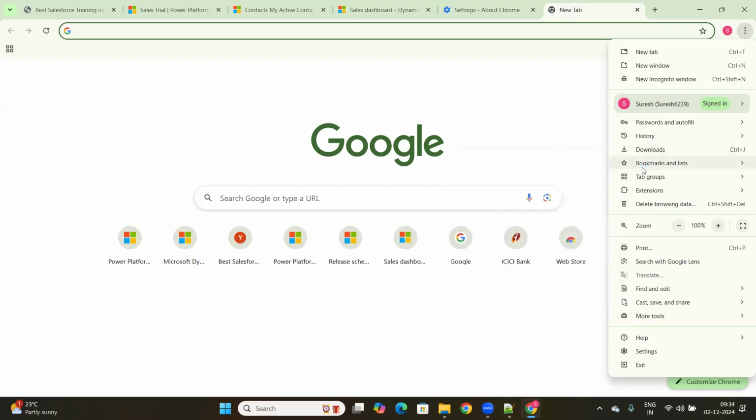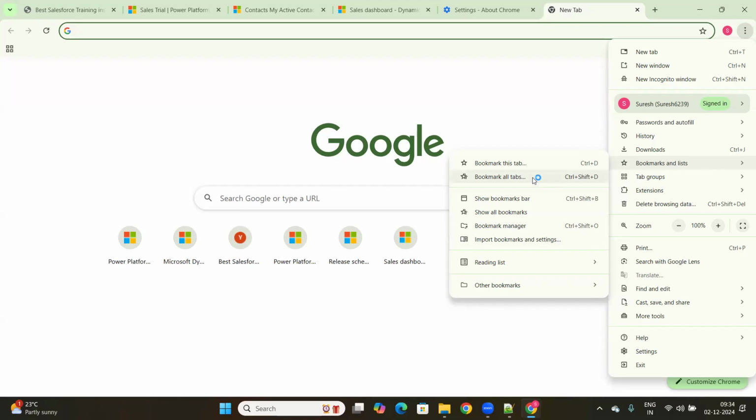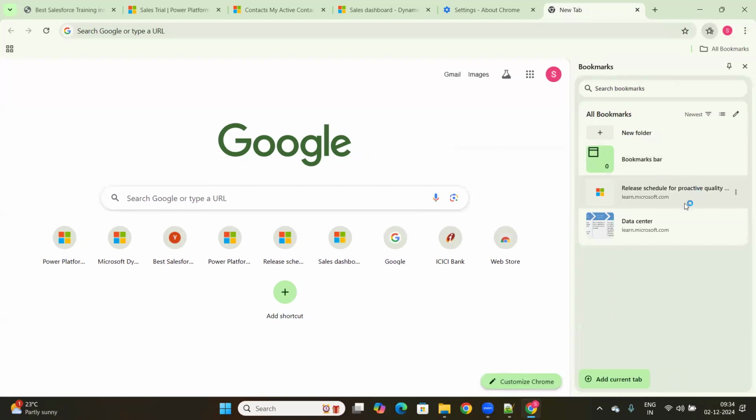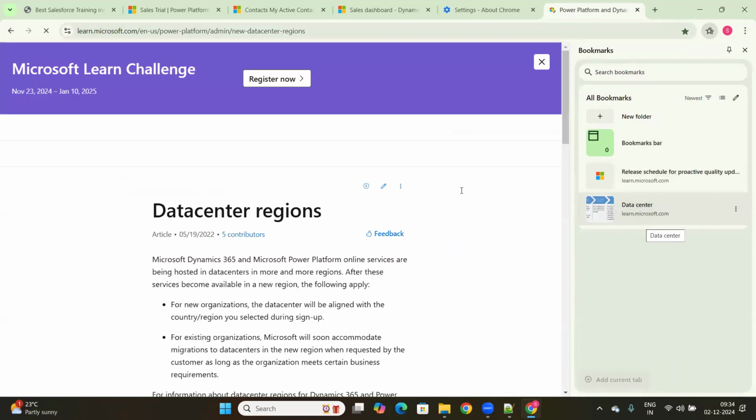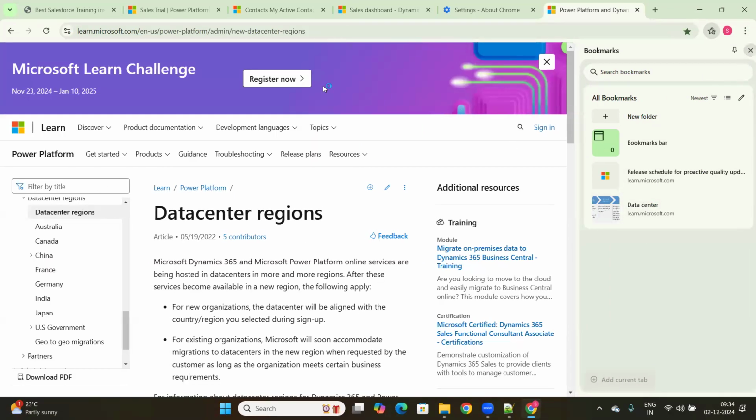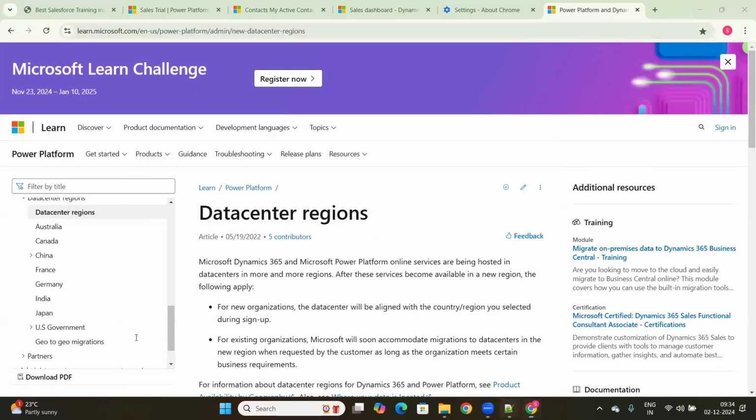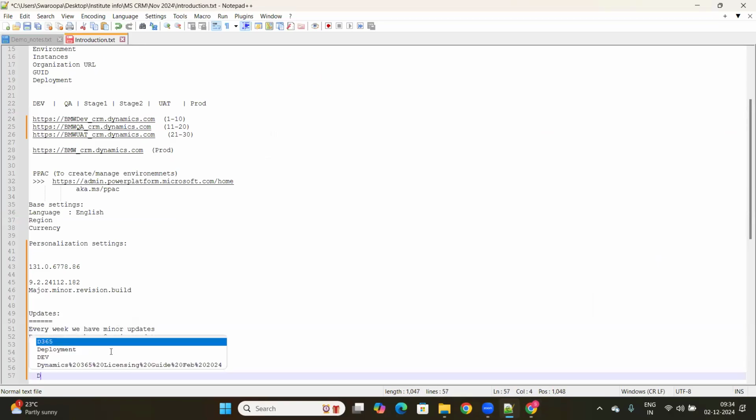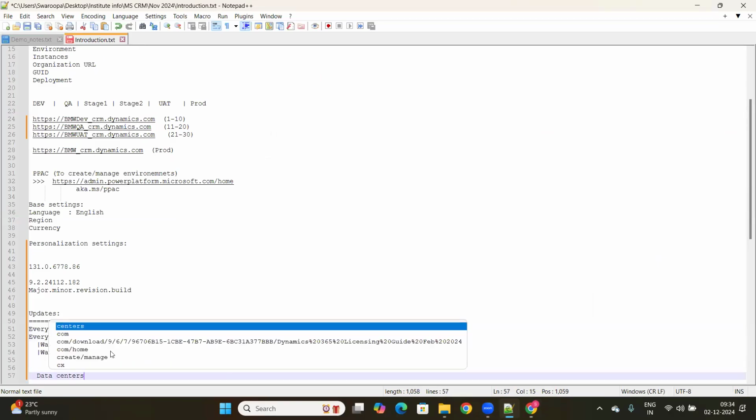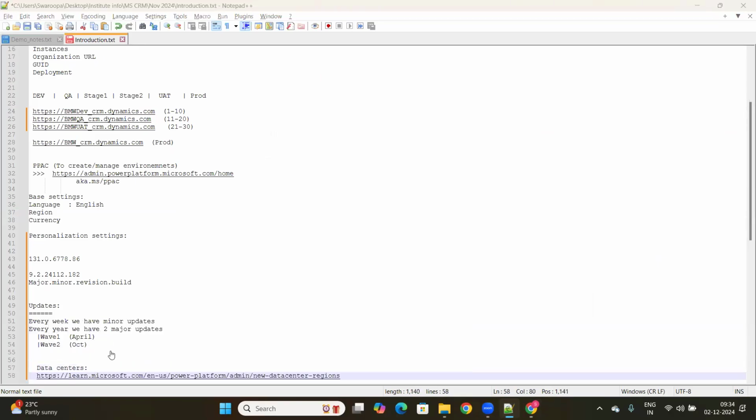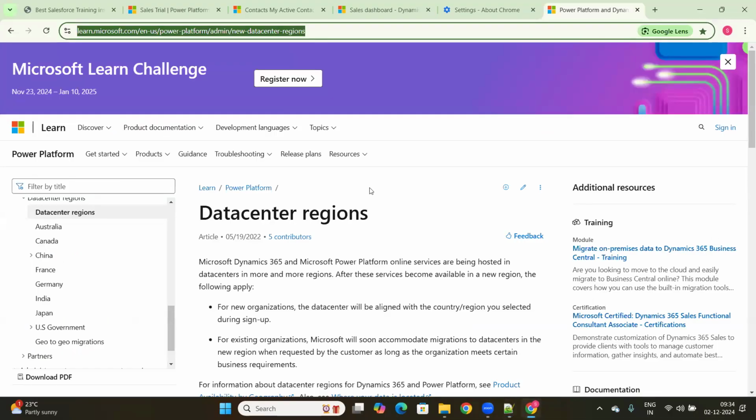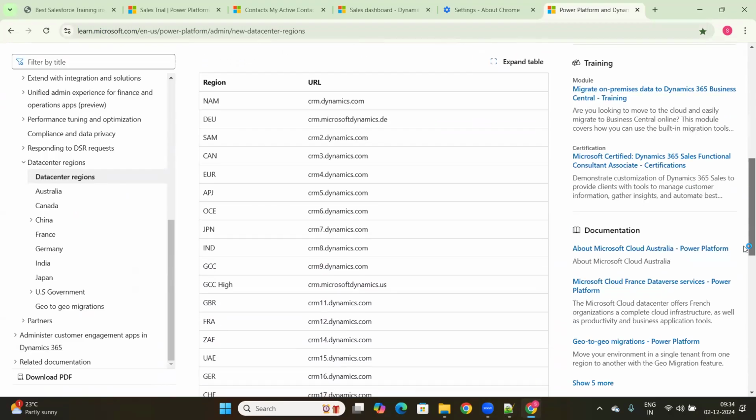Let me open the data centers information. Yeah. If you see the data center region, this is a public-facing document, which I will put in the notepad so that you can also go through it. This is a public-facing document from Microsoft, learn.microsoft.com. Here, if you see,